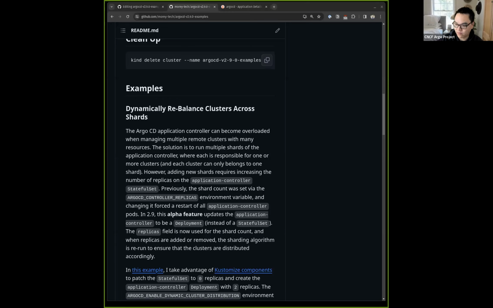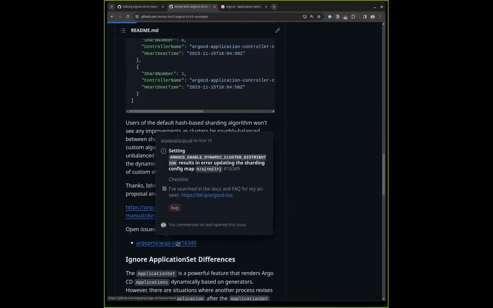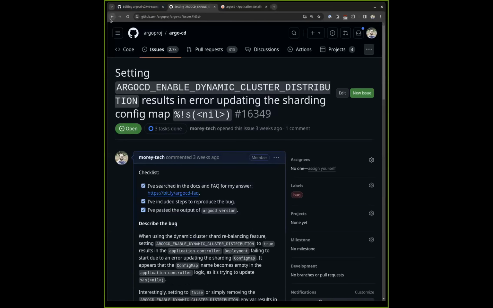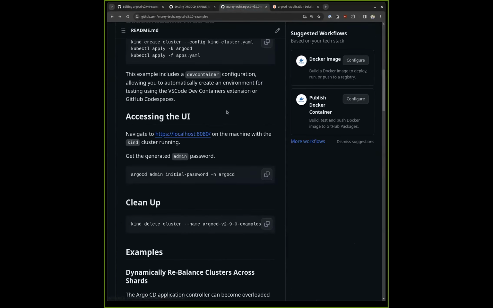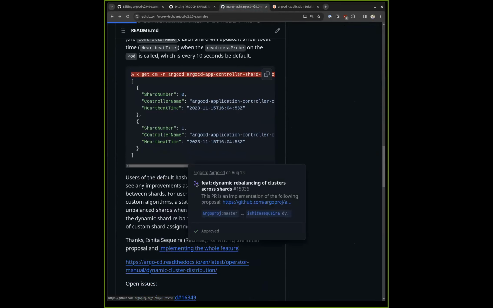And then you might have double processing, double reconciliations of applications during the time that they're both alive, if the stateful set is also handling the same apps. And can I just add a little bit? I think they won't actually do it at the same time, but you might have for a few seconds